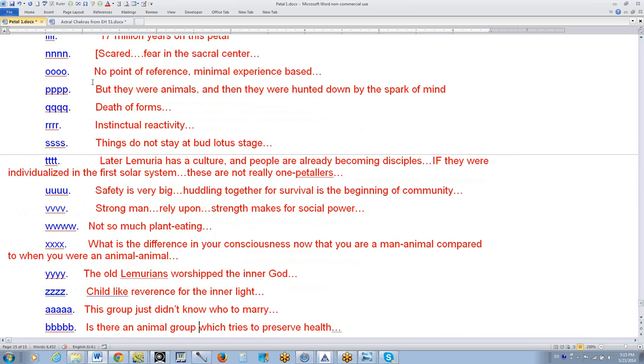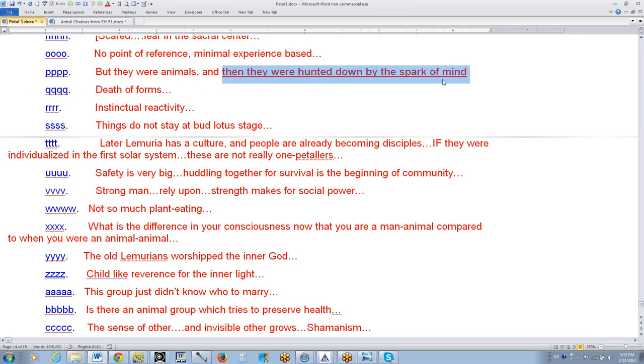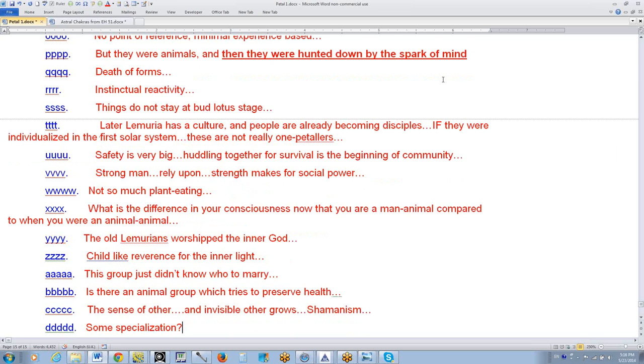They were essentially animals. But, and this I think is an interesting idea, they were hunted down by the spark of mind. We're told these fascinating stories of the death of the forms when the solar angel would project its essence into the form of the animal, anchoring it in the brain. The heads would explode. The forms couldn't take it. It would oftentimes mean the death of the form. Eventually it had to be anchored in some way. Certainly it could be anchored in the mind. So the time of instinctual